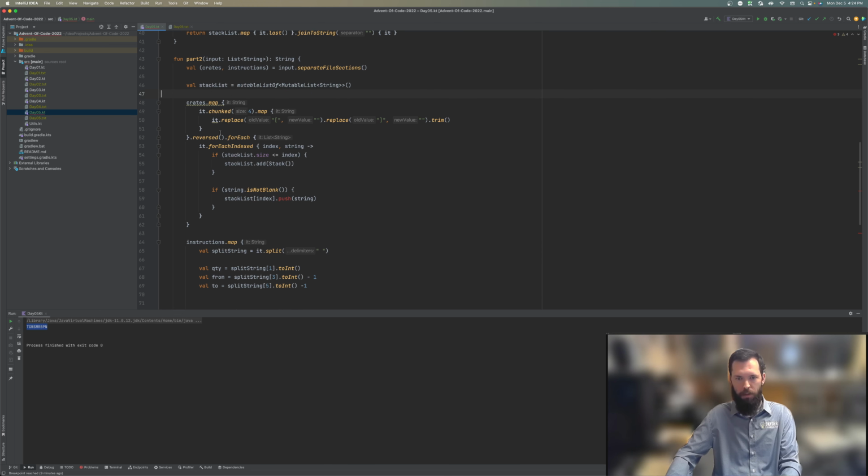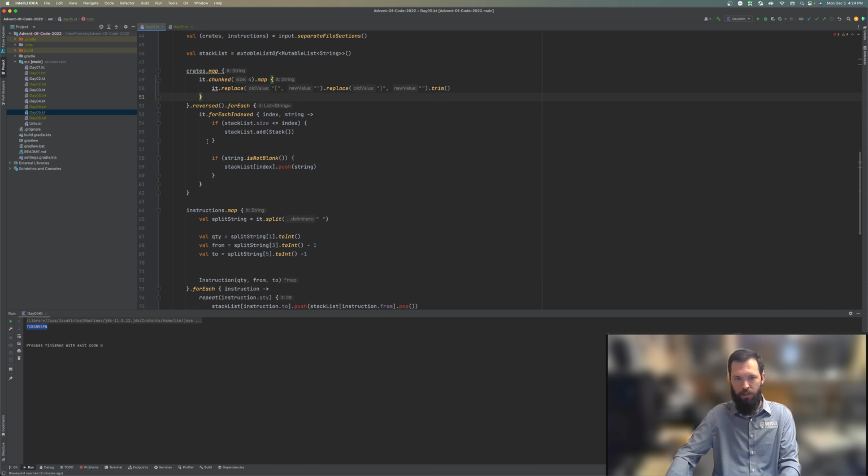And then here we will do the same exact thing, but it's still going to add, but it's not going to add a stack. It's going to add a mutable list of in the type. And then for this one, instead of pushing, we're going to just add